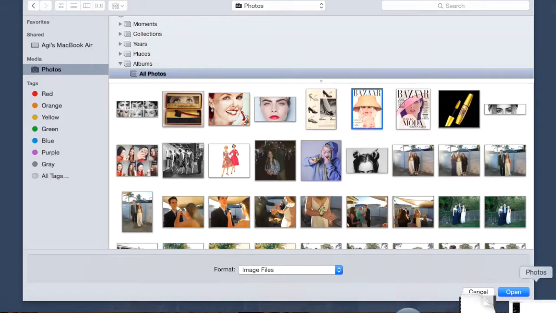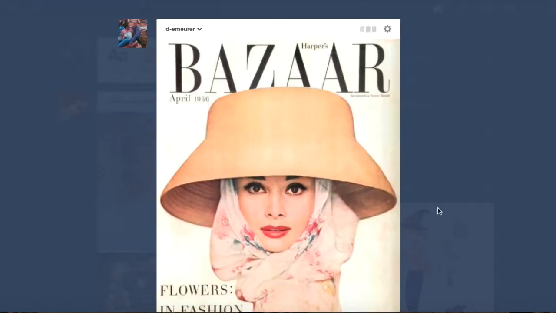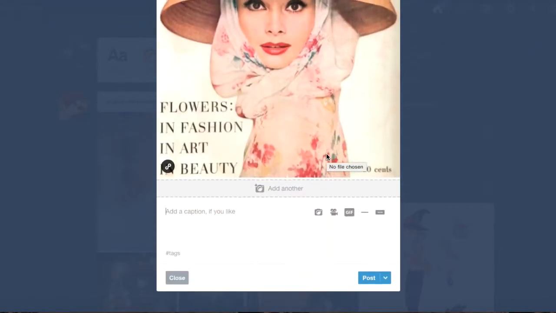Let's pretend that my company was a fashion company. For this, I'm going to pick this photo here, which obviously isn't a photo I've taken. From here, you have a bunch of options on how you want to edit or modify this post. If you're using another person's photo, it's really important that you give them credit. This is a really big thing on Tumblr. The act of reblogging is one thing, but there's another when it comes to posting and taking full credit for it when it's not your own post. So it's really important just to post your source down the bottom if you've taken it from another source. However, if it's your own photo, you just post away.